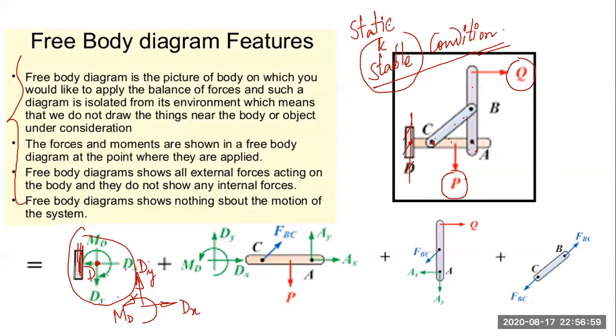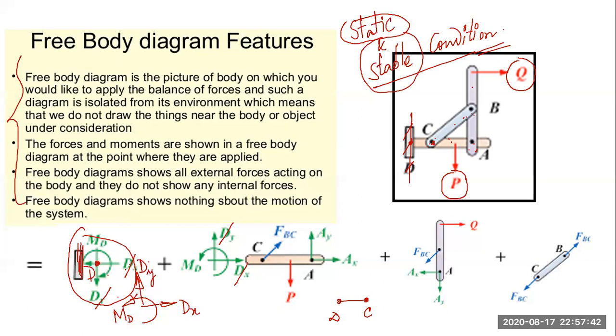So we can now think that if at point D, Dy was the vertically downward force, at point C, Dy would be vertically up. So this Dy will be cancelled by this Dy. This Dx in the minus x direction will be cancelled by the Dx in the plus x direction. So ultimately, in the link DC, from D to C, there is actually a null force. There is no effect of unbalanced force, because all the forces are already balanced.